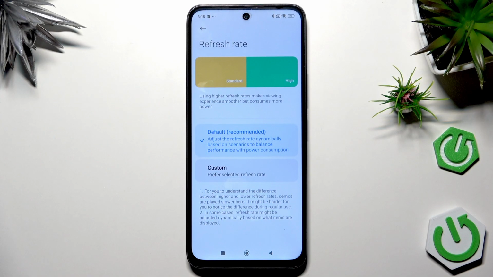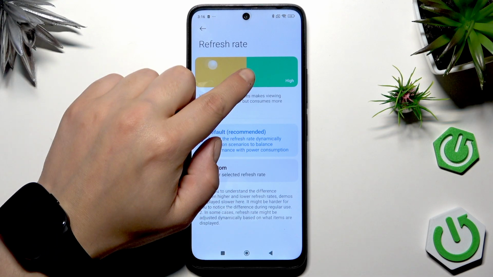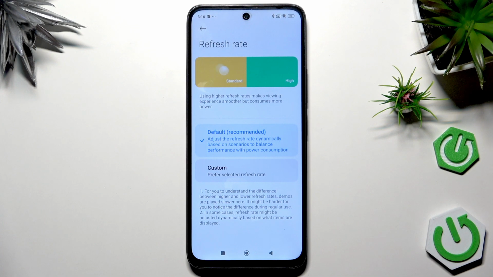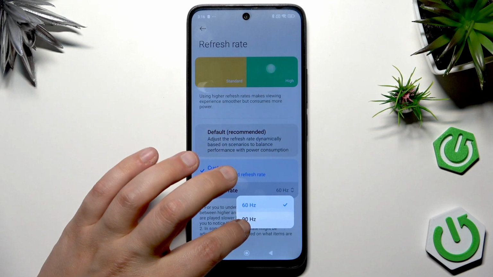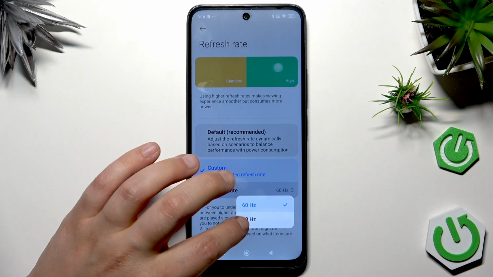You should open it. On the preview here you can see the ball bouncing. On the standard animation we can see that this ball is a little lagged. I think it's not looking that smooth as in the green zone. This is a high refresh rate. The ball is smoother, reacts faster and better. So it is important to choose here the custom refresh rate and choose the maximum amount, which is 90 Hz